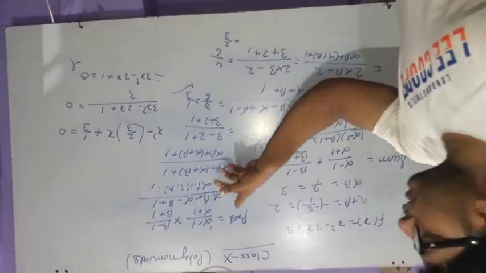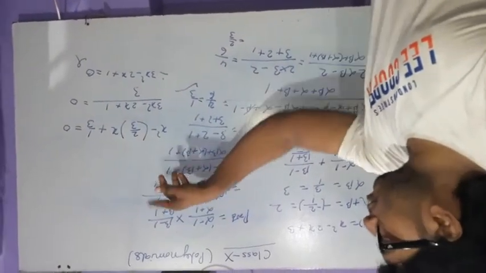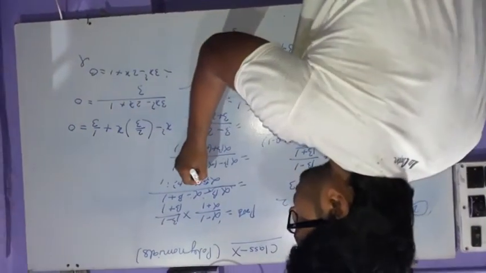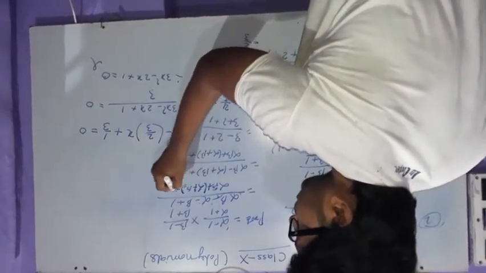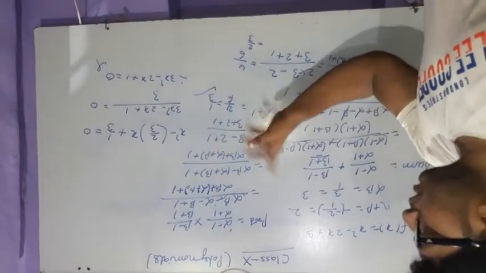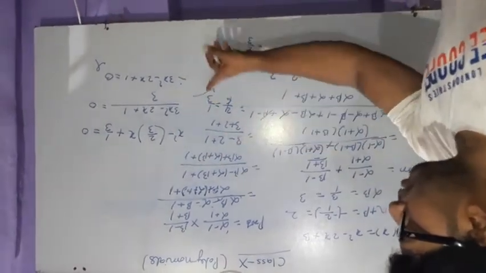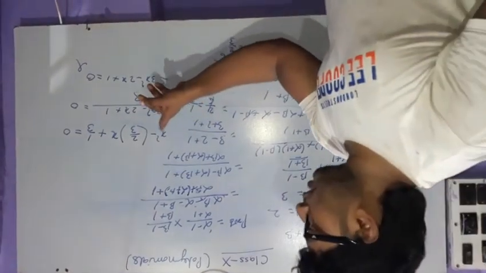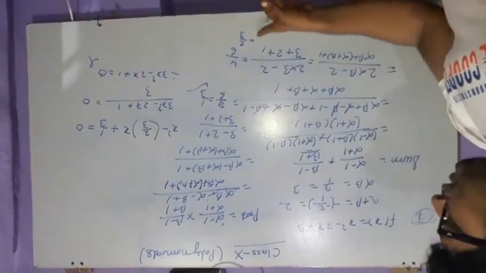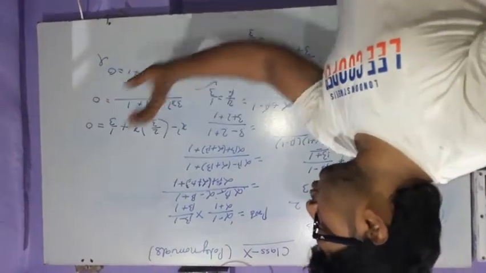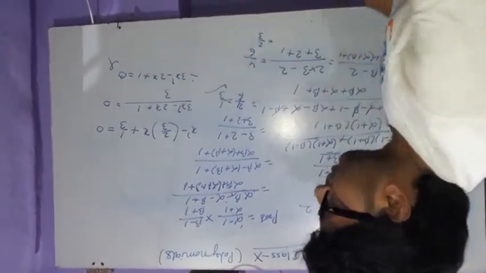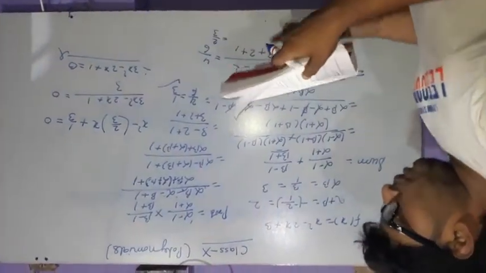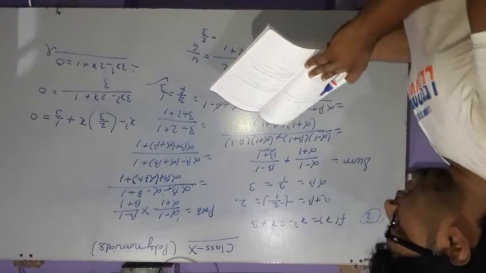Again find the product. The product will be this into this. You can multiply and see step by step. This will be alpha beta plus alpha plus beta plus 1. Here you can put the values and easily get 1/3. So the product will be 1/3 and the sum will be 2/3. Now we have to find the quadratic equation: x square minus sum times x, so 2/3 x plus 1/3 equal to 0. You can take the LCM and solve it to find the equation.